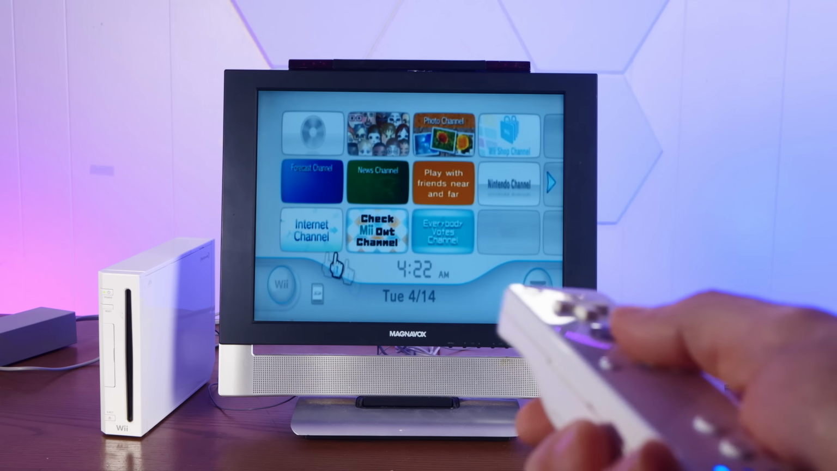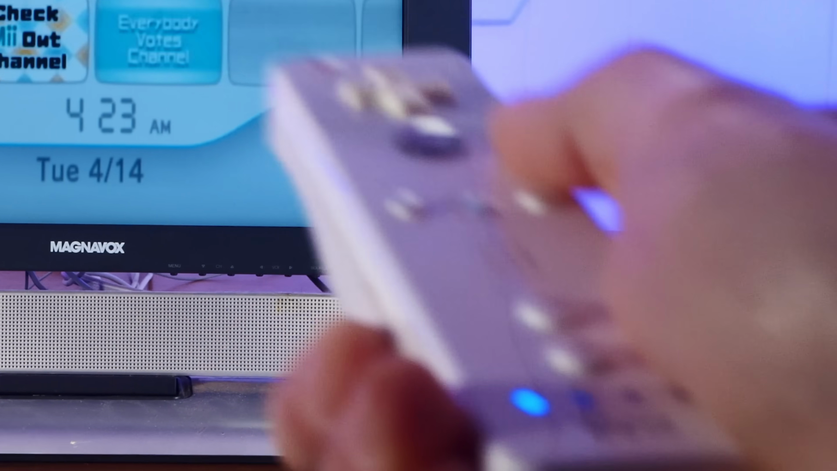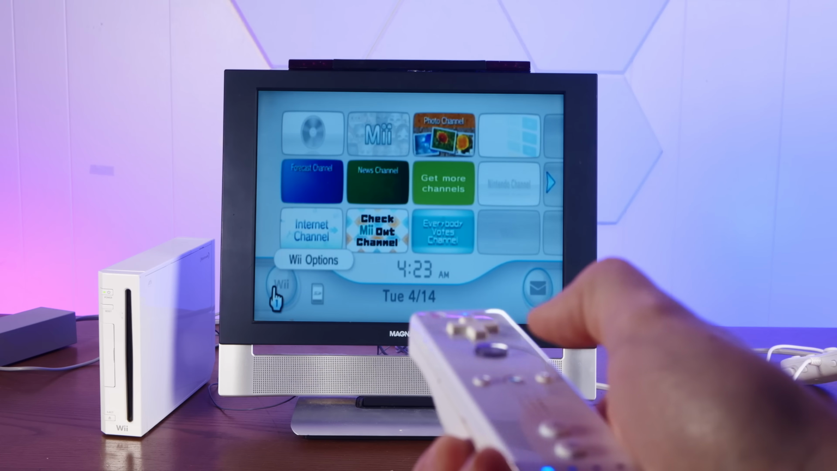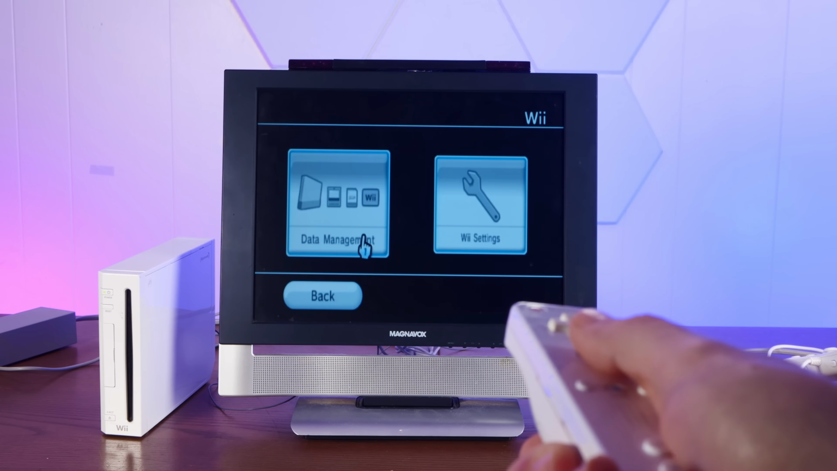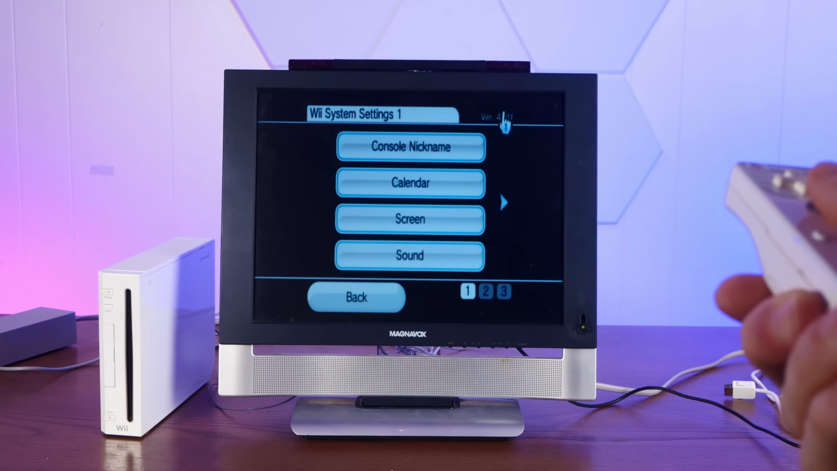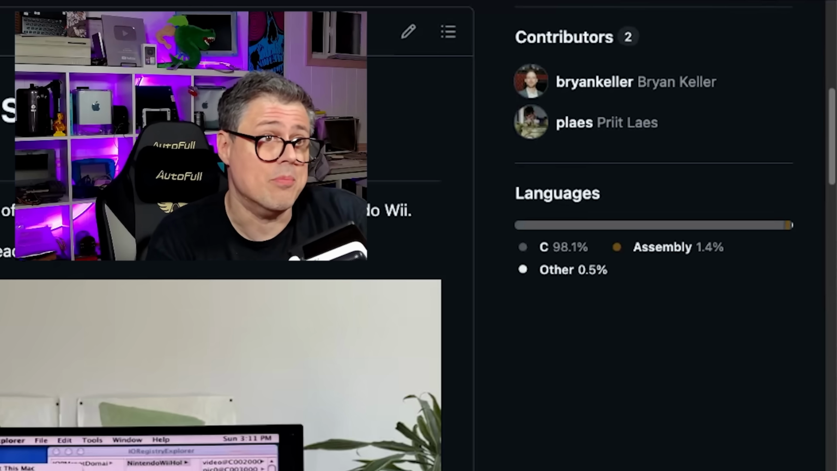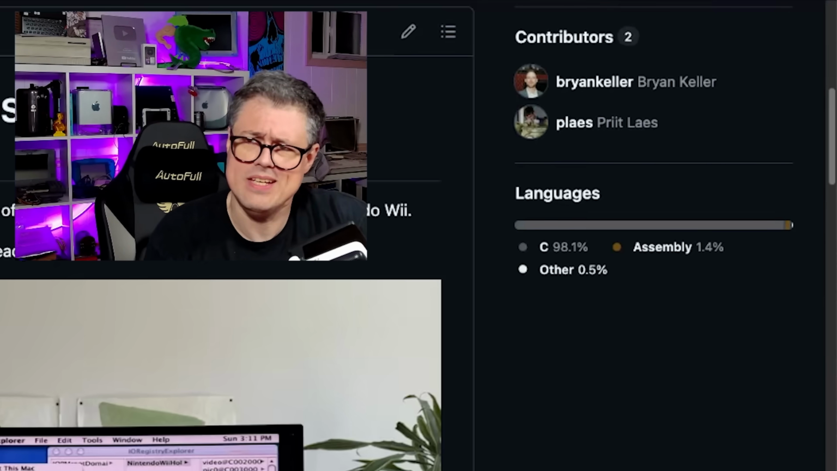Ah yes, the soothing dulcet tones of the Nintendo Wii. Boy, I hate this controller. How do I find out what menu version I'm running? Oh, 4.3U. Okay, sweet. So we're gonna be using a GitHub repository by Brian Keller, who did all of the heavy